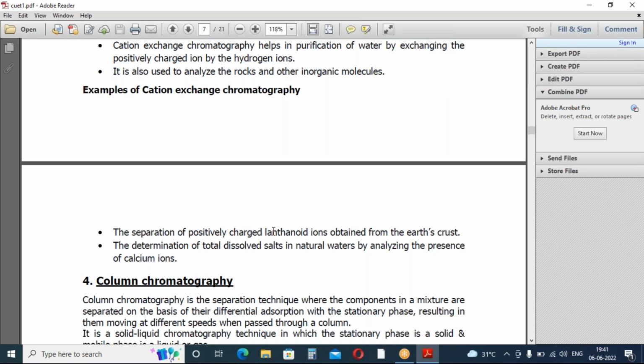And next, coming to column chromatography. Based on this column chromatography only, in ion exchange chromatography, we are preparing the columns. Okay, and what is the main principle and main technique involved in column chromatography? This is mainly based on the adsorption with the stationary phase. Mainly the components present in the mixture are separated based on adsorption,